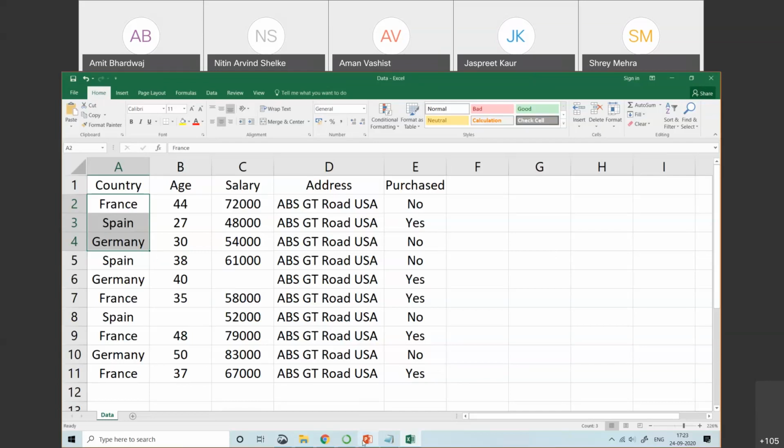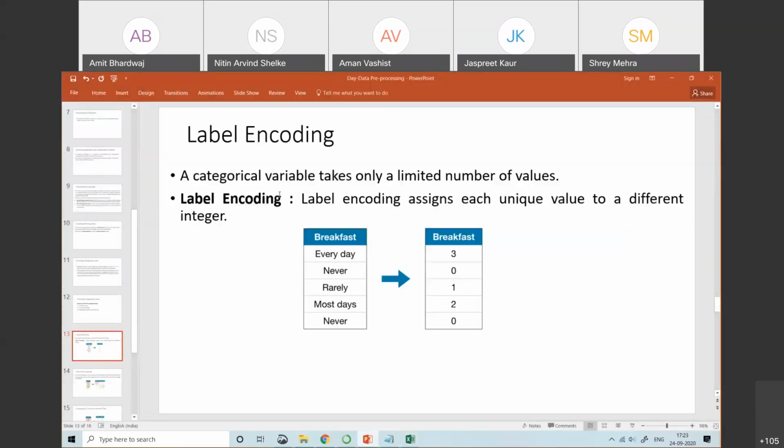Now, let's start with the steps associated with handling the categorical data. The first step is label encoding. The name itself indicates the label. Label encoding means just assigning one label to each category.